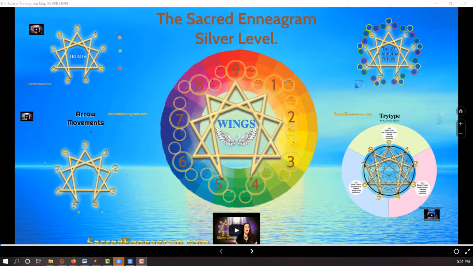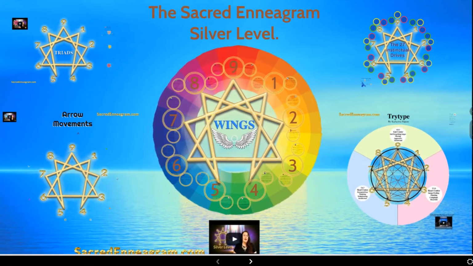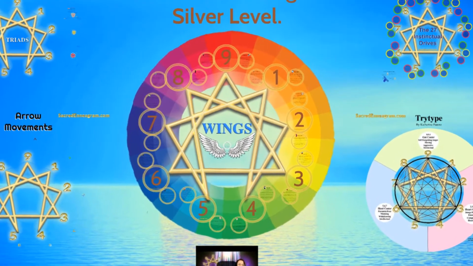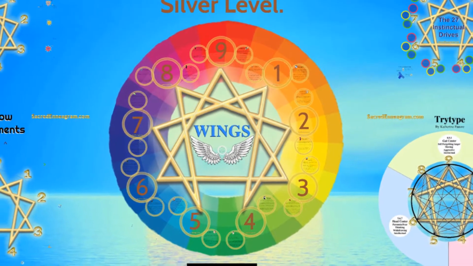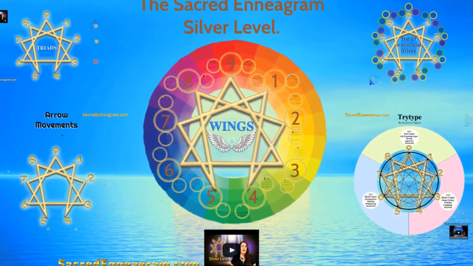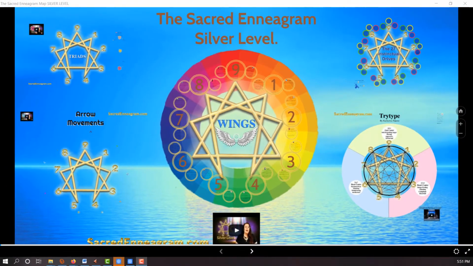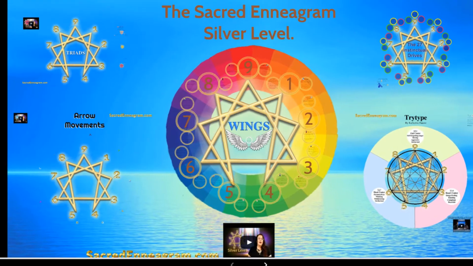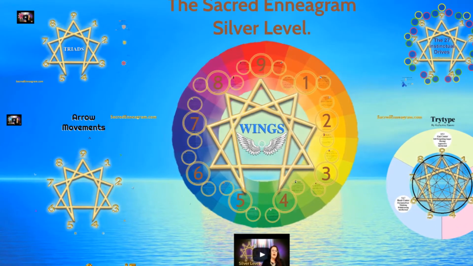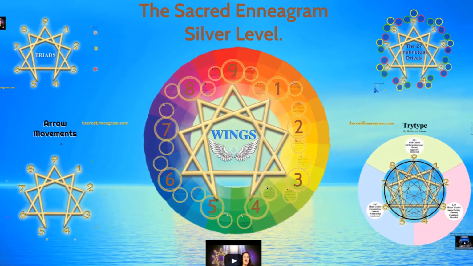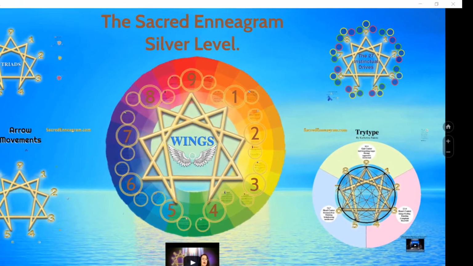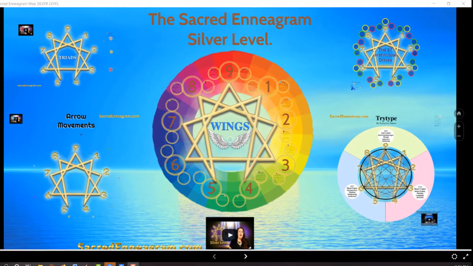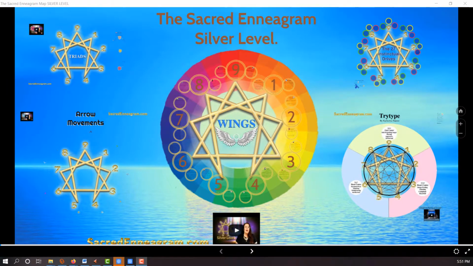In this Silver Level Enneagram Map, we study the 5 most common additional patterns and attributes to the Enneagram. These are the triads, arrows, wings, tri-types, and instincts. In this level, we discover how the styles or Enneagram types interact with one another, how the styles influence each other in subtle and powerful ways, and how each one of us is intimately connected to each other in profound